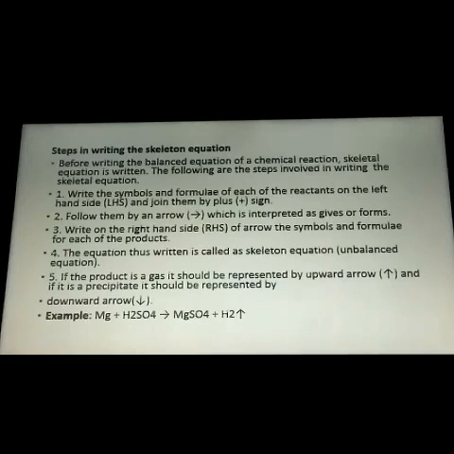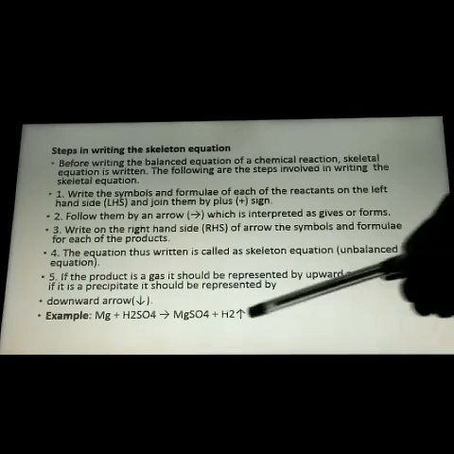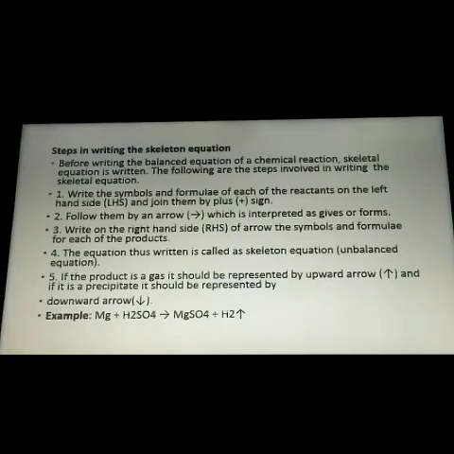And in the product, if it is a gas, you need to mention it by means of an upward arrow mark, and if it is a precipitate, you need to represent it by means of a downward arrow mark. So while writing the chemical equation, first you have to write the corresponding symbol and formula for each of the reactants followed by an arrow mark, and write the symbol and chemical formula for their product also. At last you have to mention the upward arrow mark for any gaseous substance, and the downward arrow mark if it is a precipitate.